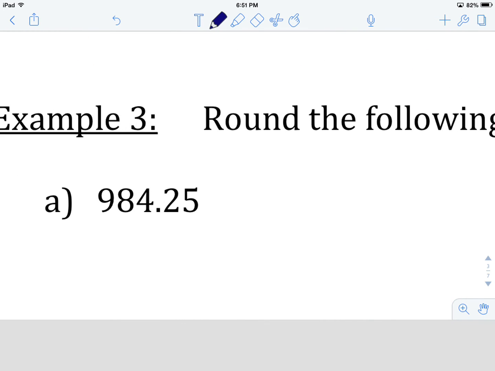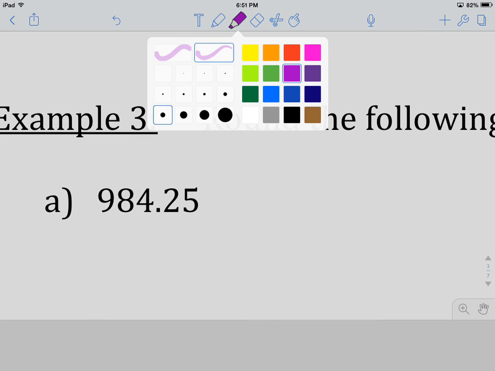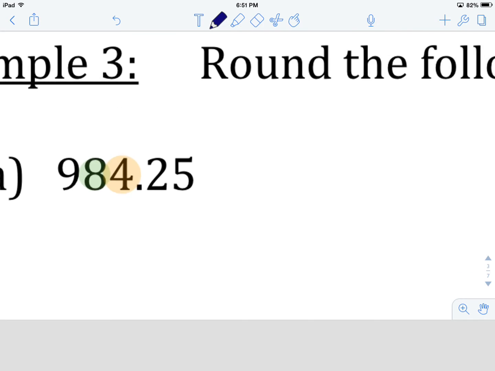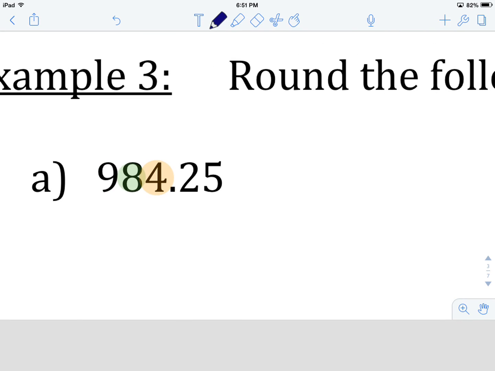We're looking to round 984.25 to the nearest 10. Start by finding the place value we want to round to. In this case, 2 to the left is going to be an 8. We look to the digit after it, which is a 4, to tell us how to round the 8. And 4 tells us to keep the 8 the same. We're not going to round it up, we're going to keep it the same, so that will be